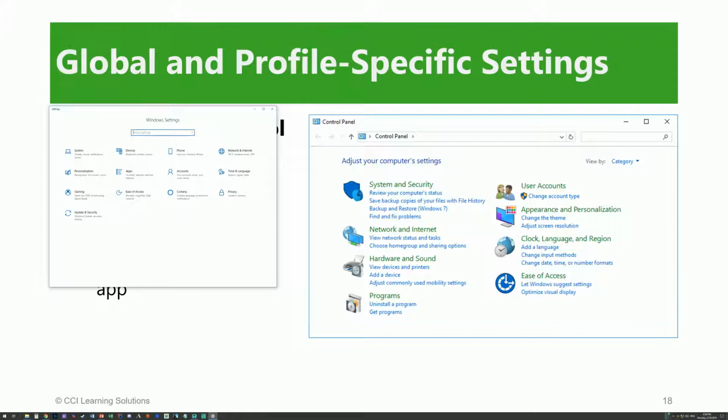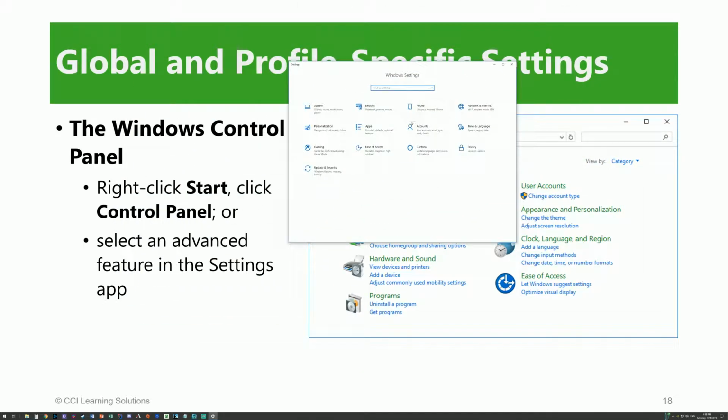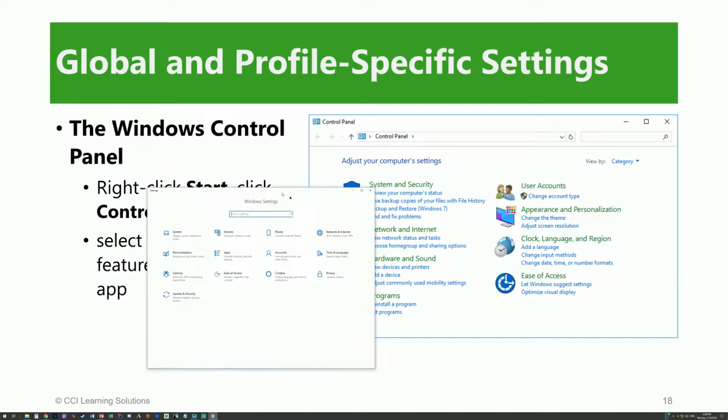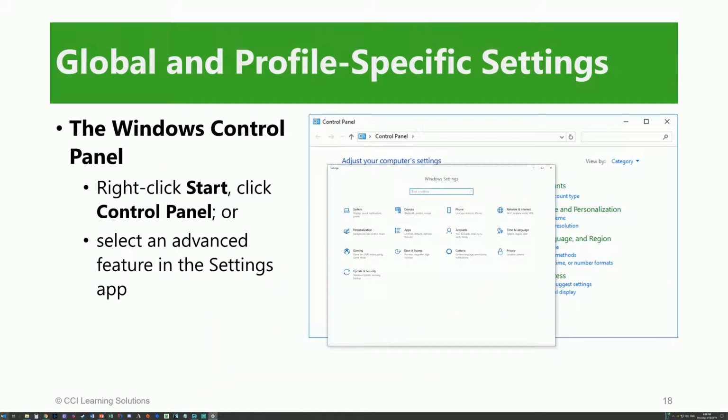And a cool thing that you can do to get to it is if you're already here, then you can type in control pan, and as you can see, it brings it up there. You can also do it in that Cortana search, as well as right clicking on the start. So our start button, if you right click it, you'll see this contextual menu, and you can click on the